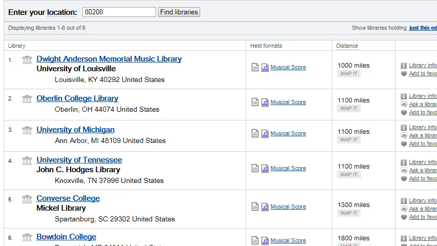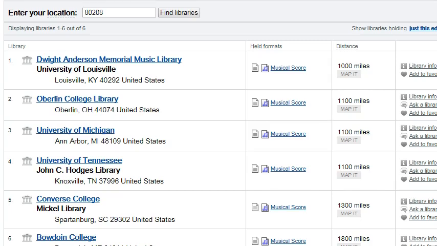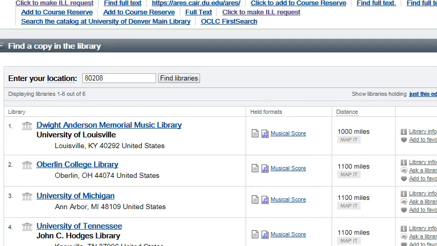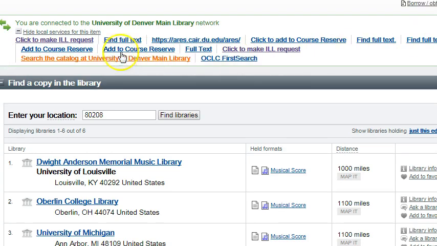If DU had this item, you would see University of Denver at the top of the list. If DU does not have it, but another library in Prospector does, you will see it at the top of the list. The institution we see at the top of the list is University of Louisville, meaning there is no copy closer than Kentucky. Prospector is not an option, but ILL is. Now, if you access worldcat.org from the DU campus, you'll see this link that says Make an ILL request. Clicking this link